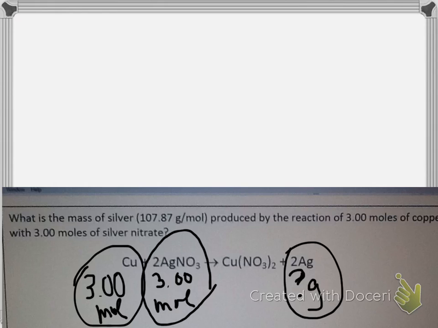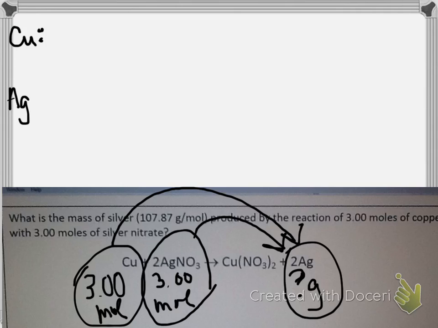So once again, how do we figure out which one's limiting and which one's excess? We're going to convert the copper and the silver nitrate both to grams of silver, and then compare those and see which one makes the least amount of silver. So we've got 2 reagents. Here we've got copper, so I'm going to start with copper, and then we've also got our silver nitrate, AgNO3. We're going to convert the quantity of copper, 3 moles,